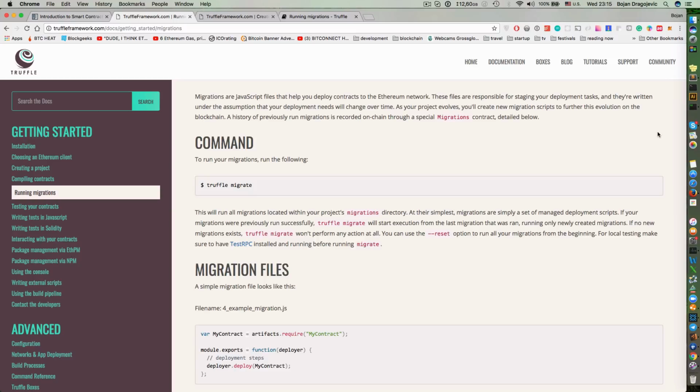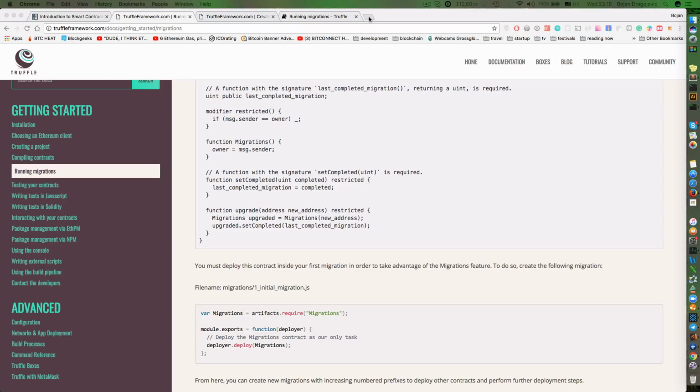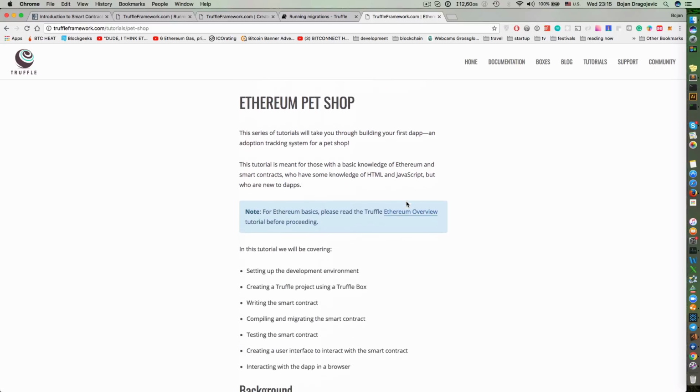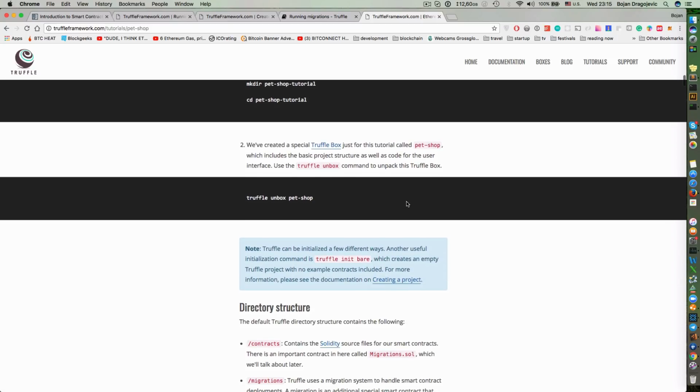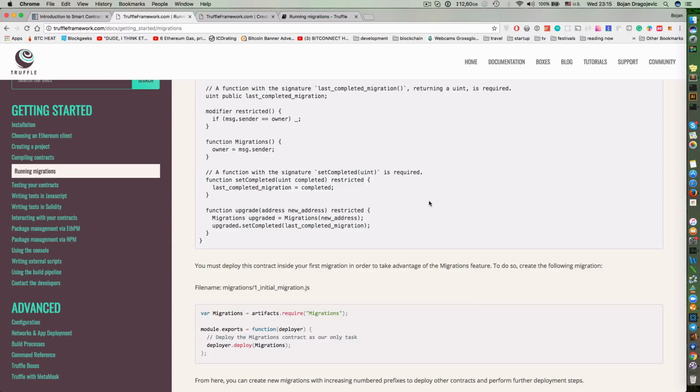So basically you can find also on their website a tutorial about that. It's exactly here. So here is how to build basically a Dapp with the Truffle. So let's start. First what we will need